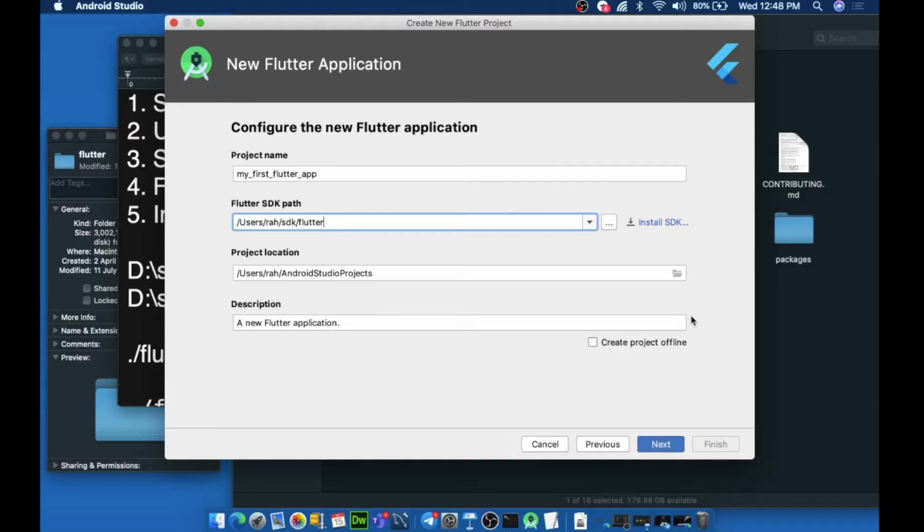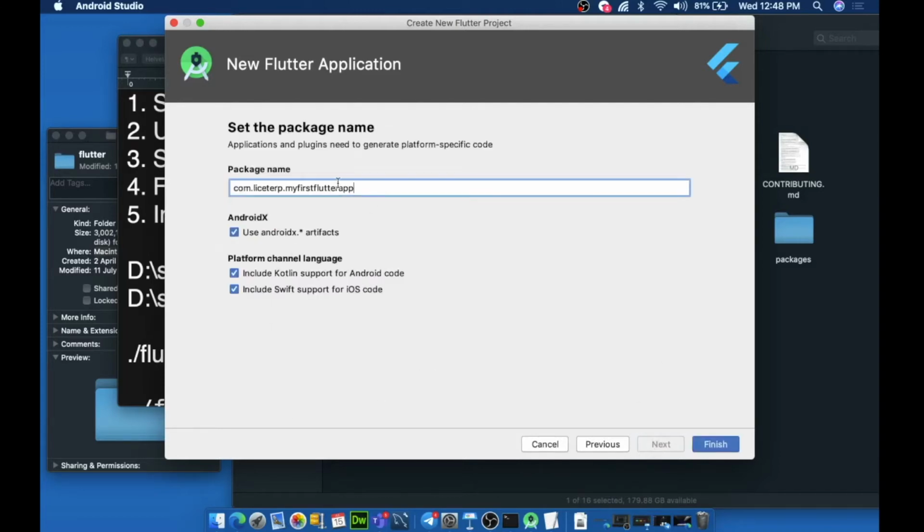Others done or not? If you have issues now, like issues with your Flutter doctor, no problem. We'll get them resolved. But just tell me if you have updated your SDK path in this. You have to do this only once. After this you don't have to do this, just for the first time. Done. Others. Fabian? Have you done this? Okay. So if everything is complete now, just click next.